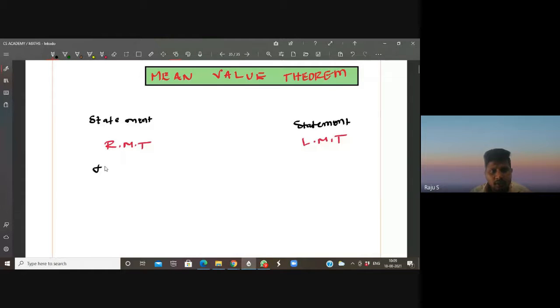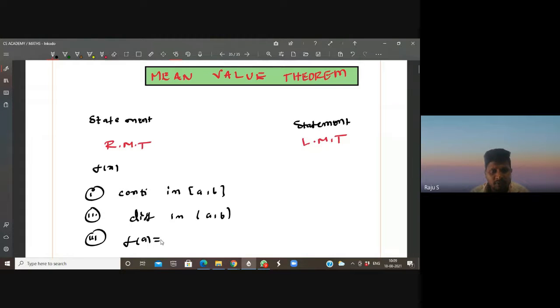See here, f of x is the given function. It satisfies three conditions. The first one is the function is continuous in closed interval a comma b. What is the second condition? It is differentiable. Given function f of x is differentiable in open interval a comma b. The third point is f of a is equal to f of b. Right. Now,